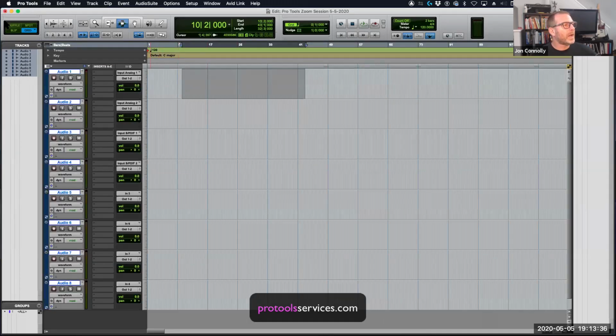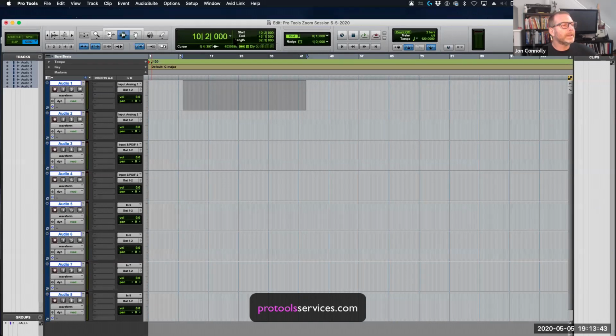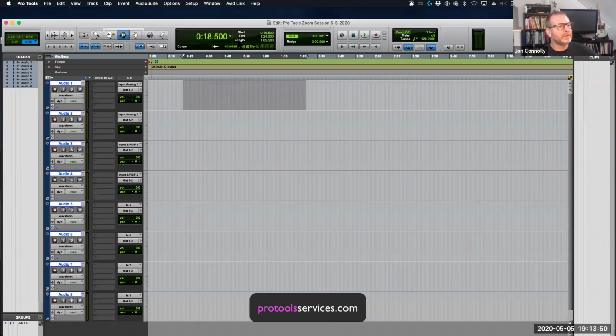All right, so at the top left corner, we've got the modes, we've got the tools, we've got the main counter. Right now, I've got it set to bars and beats, which is ideal for music, but maybe minutes and seconds might be appropriate if you're doing other types of work, maybe audiobooks or voiceover, something like that. Time code, if you're doing audio work for TV or film, and you've got a timeline based on time code and maybe a video clip in there, that's helpful. I'm going to go back to minutes and seconds.